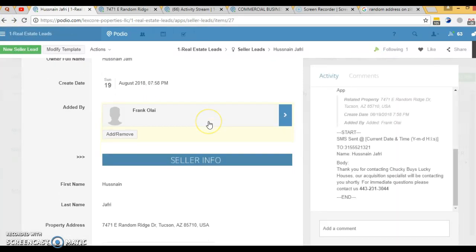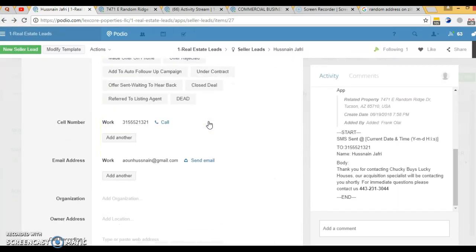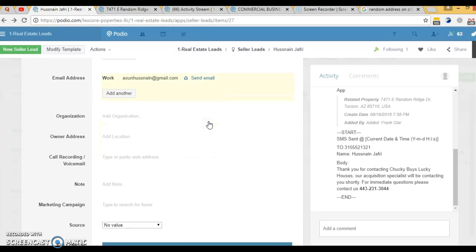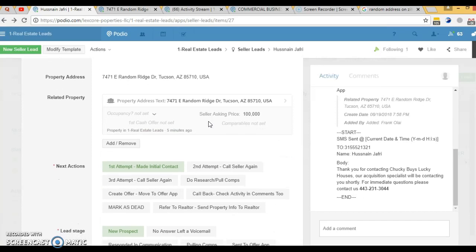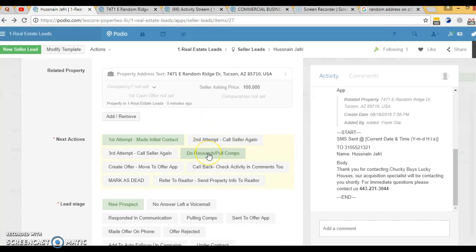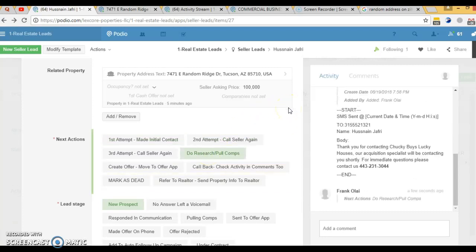And I simply say, you know what? Now I got all the property information and I got all the motivational questions answered. Now what do I want to do with this guy? So I simply say, now I gotta go ahead and do some research and pull comps on it. So as soon as I click this button which says do research, pull comps, as soon as I click on this thing, it does